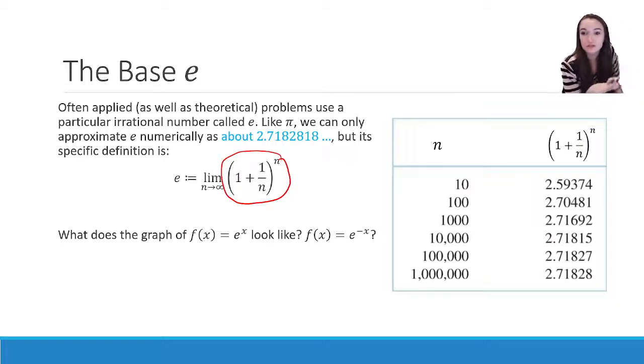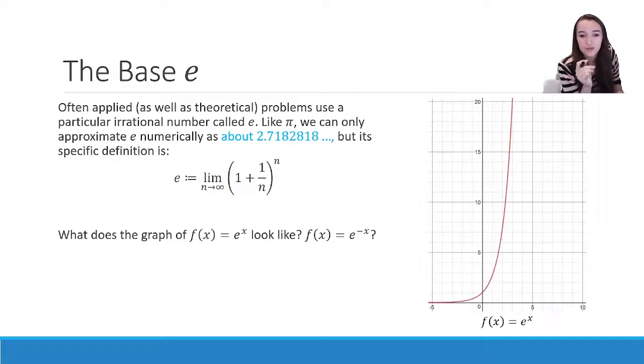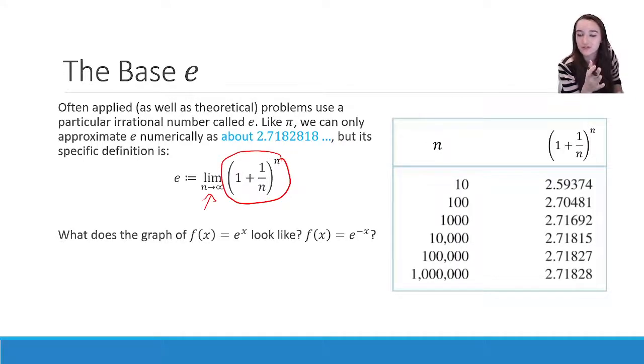You are not meant to memorize this definition. You do not need to know what this notation necessarily means right now. That's all calculus stuff. All you need to know is e is about 2.718, but e is a button on your calculator. Use the e key on your calculator. Don't try to memorize e up to 100 digits or anything like that. Just use the e key on your calculator. Don't round or anything like that. So, knowing that e is 2.718,